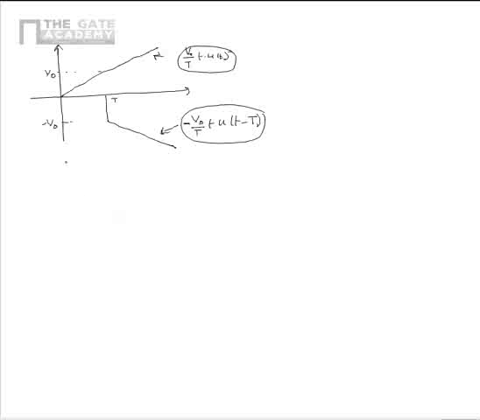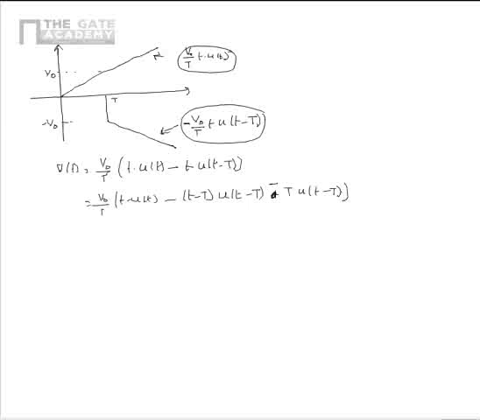So v of t is equal to V0 by T multiplied by t into u of t minus t into u of t minus capital T, which is equal to V0 by T into (t u of t minus (t minus capital T) multiplied by u of t minus capital T, plus T into u of t minus capital T)